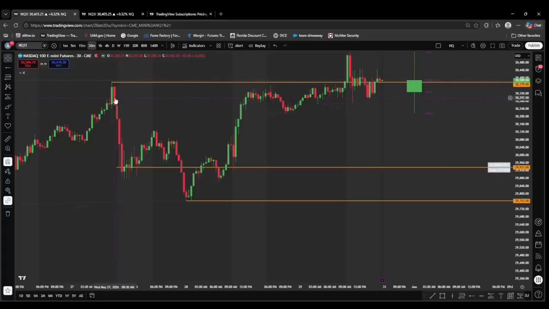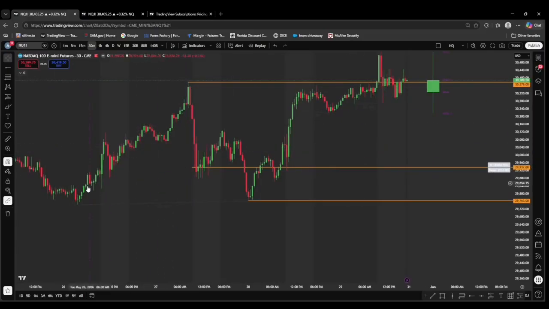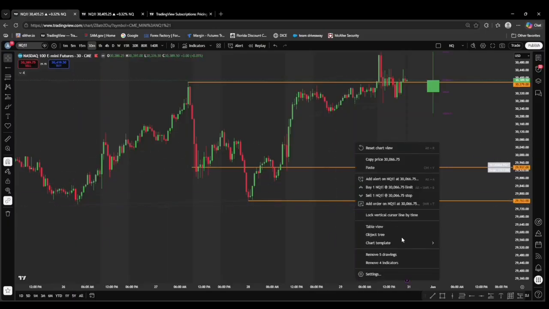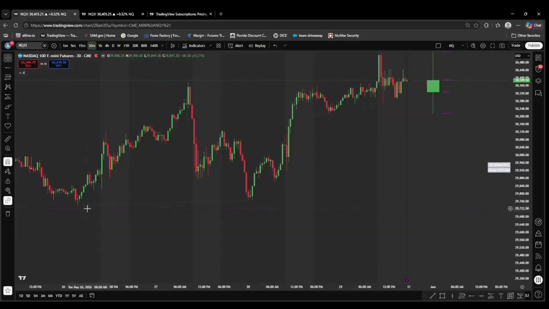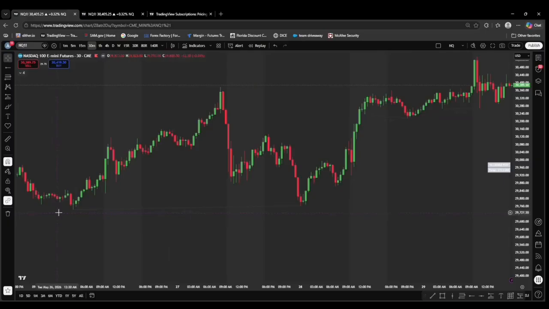Why did I say 2 hours? Because each candle represents 30 minutes. These are all red bearish candles. This green candle right before it is a bullish candle. It opened here, got up here, but closed right here, and then price started to go down. If you look from right here, right now I'm going to remove these drawings. If you look from right here,